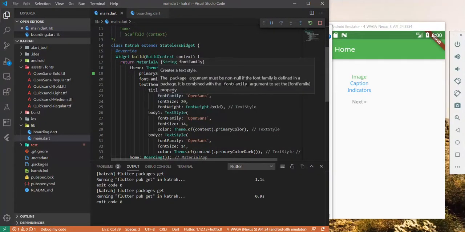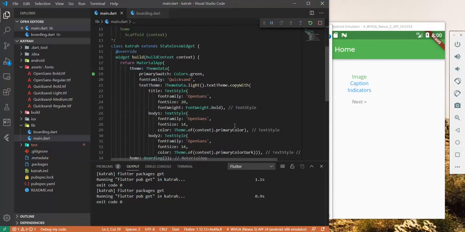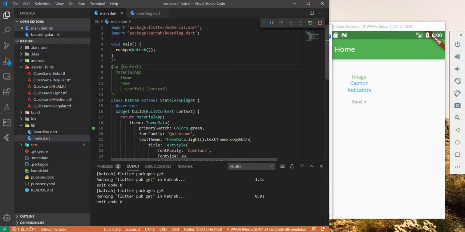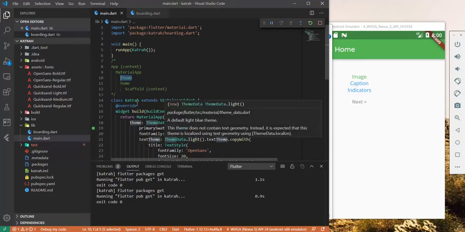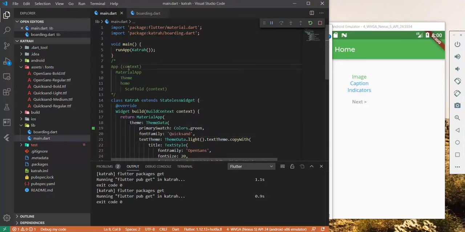Okay, so that was the primary issue: when you define a theme and you try to use the colors of the context passed here. Again, this is how you should think about it. This is the app in its context. This uses the default blue color that ships with Flutter, and then we define the material app, and inside of the material app we use the theme. Now the theme is exposed to the default coloring theme that is passed on by the context. Now in order for the children to use the newly defined theme colors, we just have to redefine the context